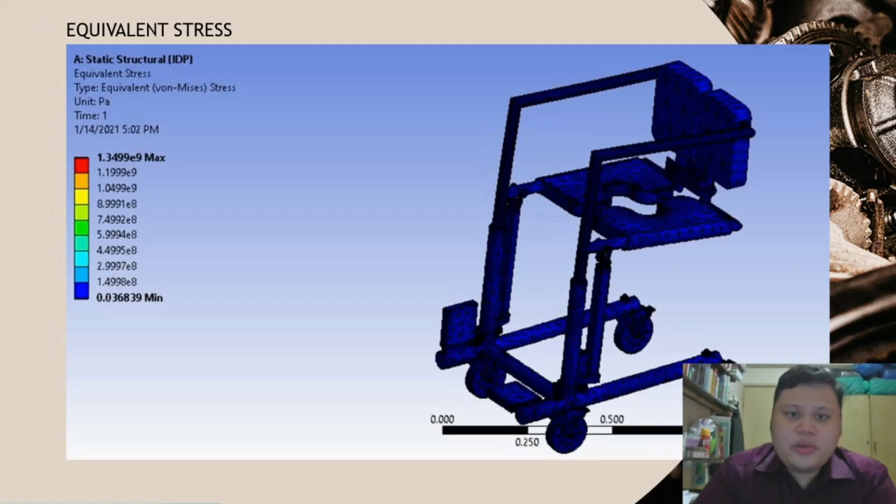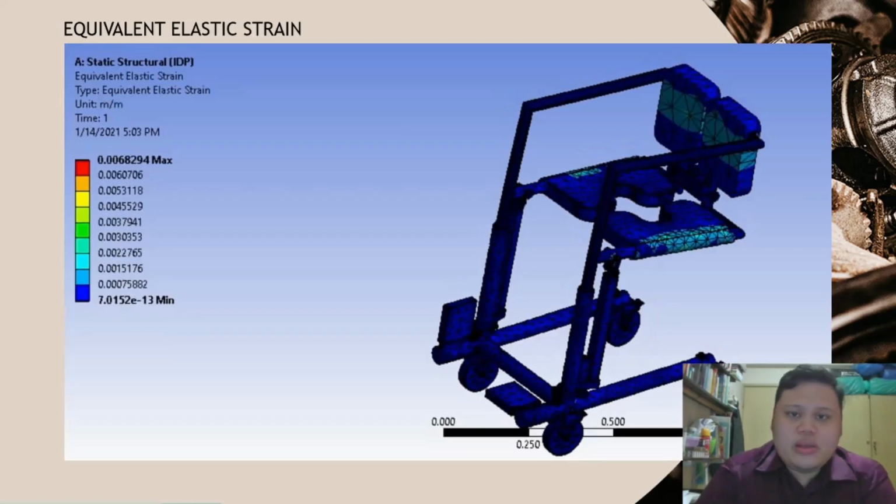Now, the second picture is the equivalent stress. We can see here the maximum stress that the wheelchair can withstand is 1.3499 gigapascal. Last but not least is equivalent elastic strain. As you can see in the picture, the light blue shaded region shows the area where the most strain occurs. The result from the analysis is that the maximum is